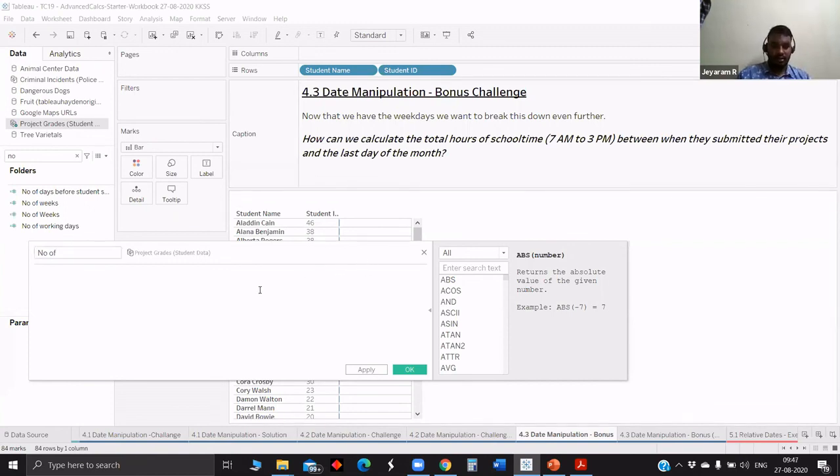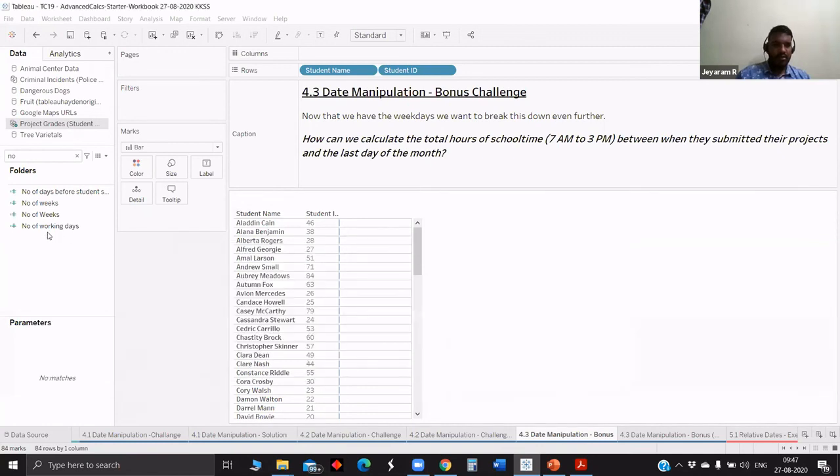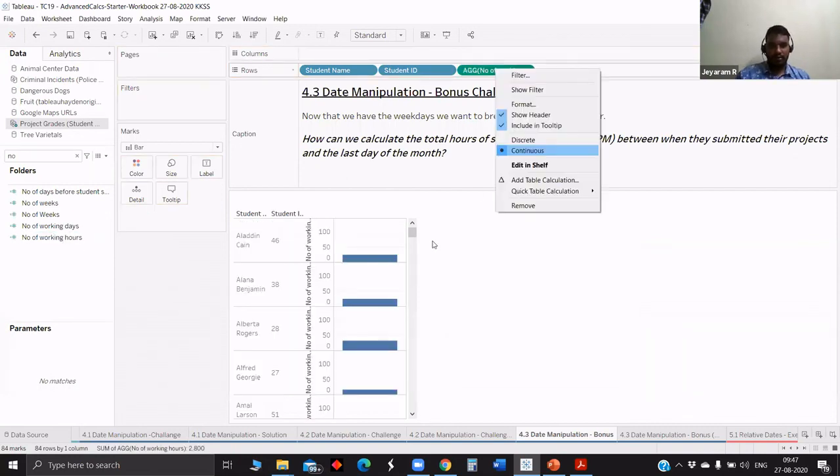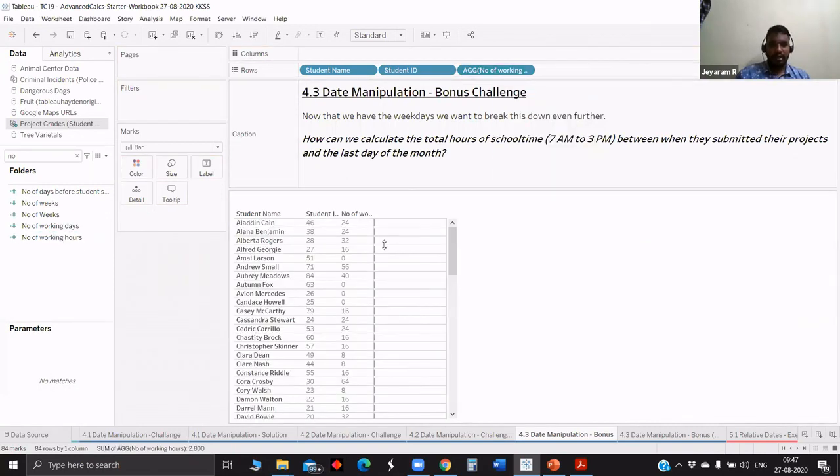That's the weekdays difference into 8, number of working hours. This is straightforward. Yeah. So we will get number of working hours like this.